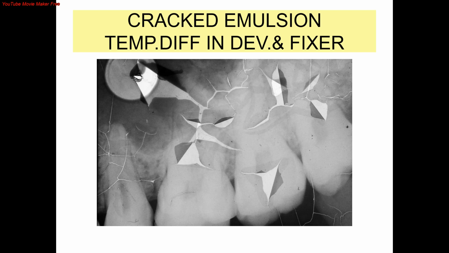This appearance is called as a cracked emulsion. This happens when there is a large temperature difference between developer and fixer, where emulsion is cracked after first dipping in a hot developer and then in cold fixer. It usually happens in time temperature method and is called as reticulation. It can also happen due to storage at high temperature or also due to repeated projection of film on a slide projector if film is directly used on a film mount.